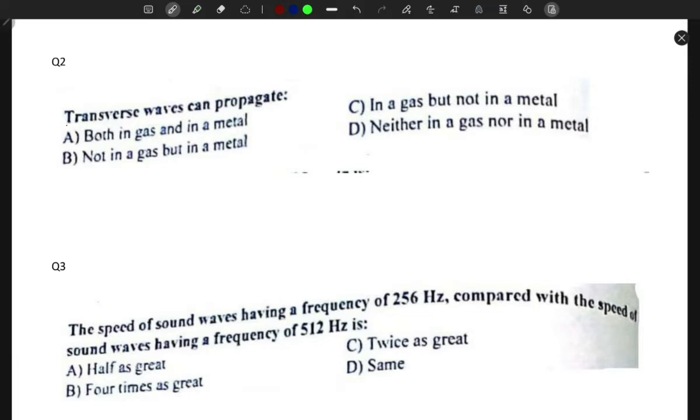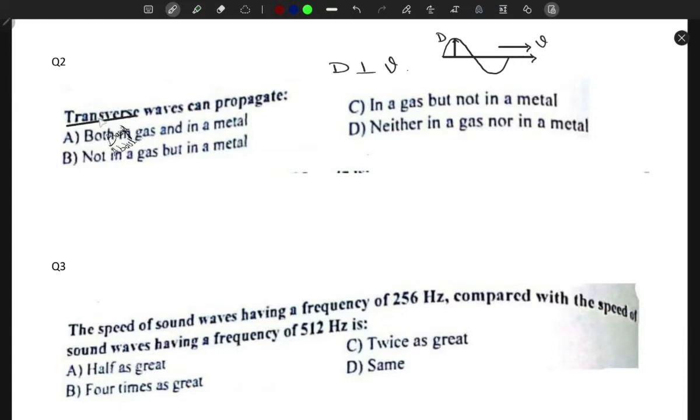Now remember, what were transverse waves? Transverse waves are those type of waves where the displacement of the medium is perpendicular to the direction of propagation. So we can say it is perpendicular to the velocity. If I have this axis and this is a transverse wave, and this wave is moving in this direction, the displacement is really parallel to, I mean perpendicular, right? It's perpendicular to the velocity vector.